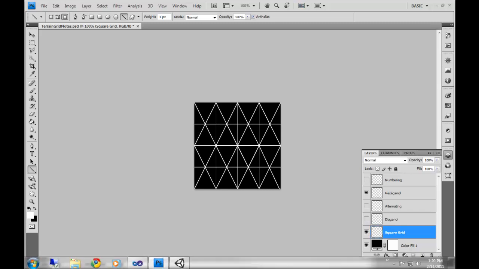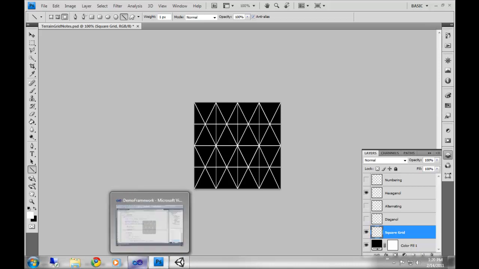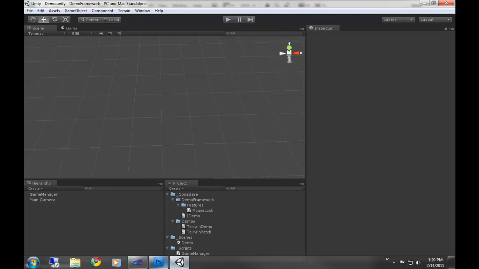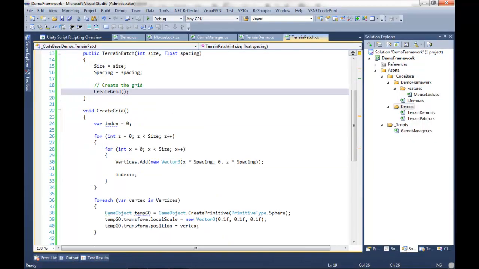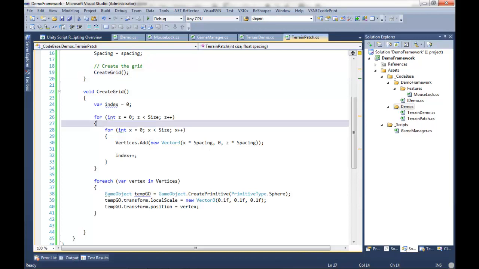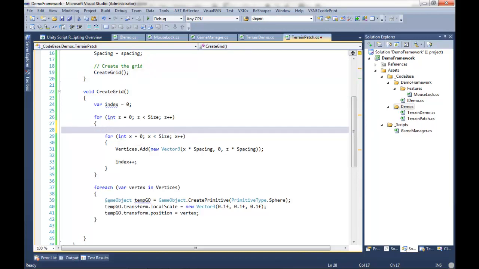To achieve that, what we need to do next is offset each alternating row to the left by 1/2 the spacing. So to do that, we're going to jump back into Visual Studio. Right now, we've got this two-dimensional cascading for, which is giving our spacing. What we need to do is modify this a little bit to take into consideration odd and even rows. So we're going to put a conditional in here that's going to take the modulus